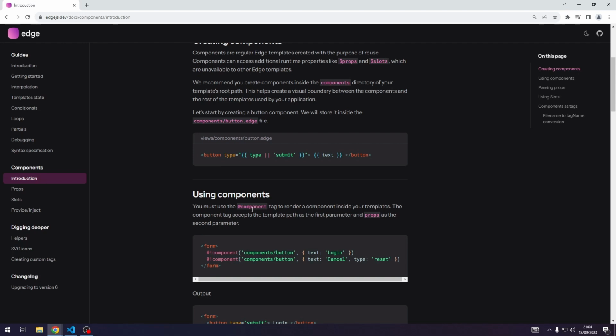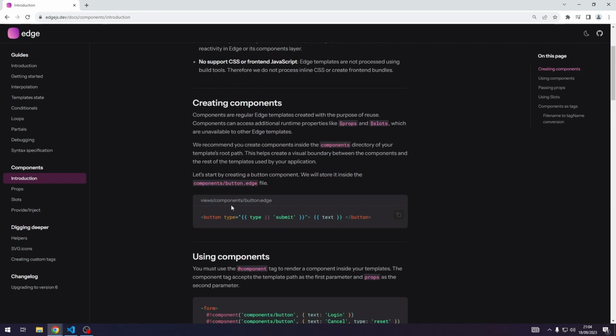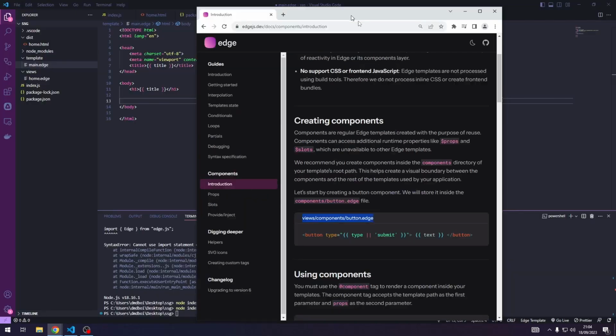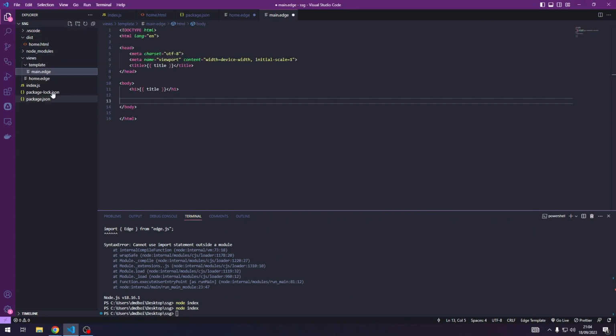The component tag accepts the template path as the first parameter and props as a second. Creating components: views components button.edge. Okay, so move this into views. We rename this to components. And then it says we can do something like,